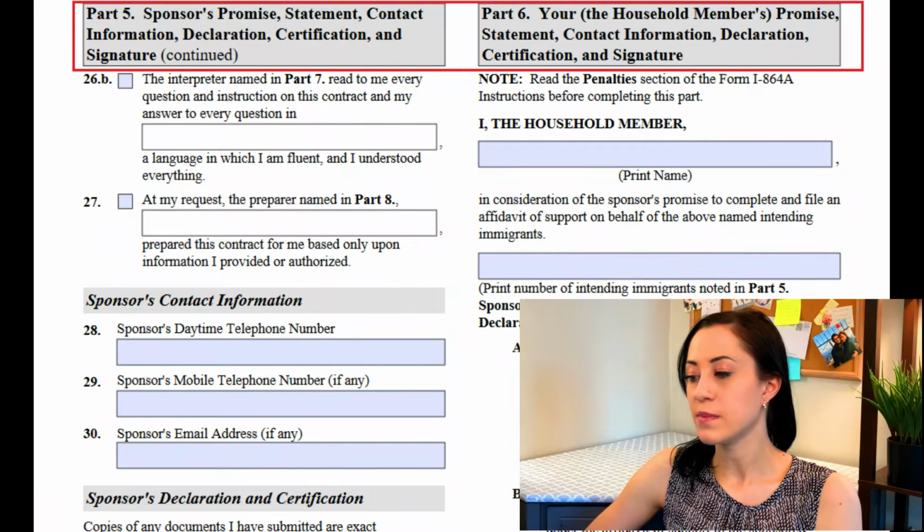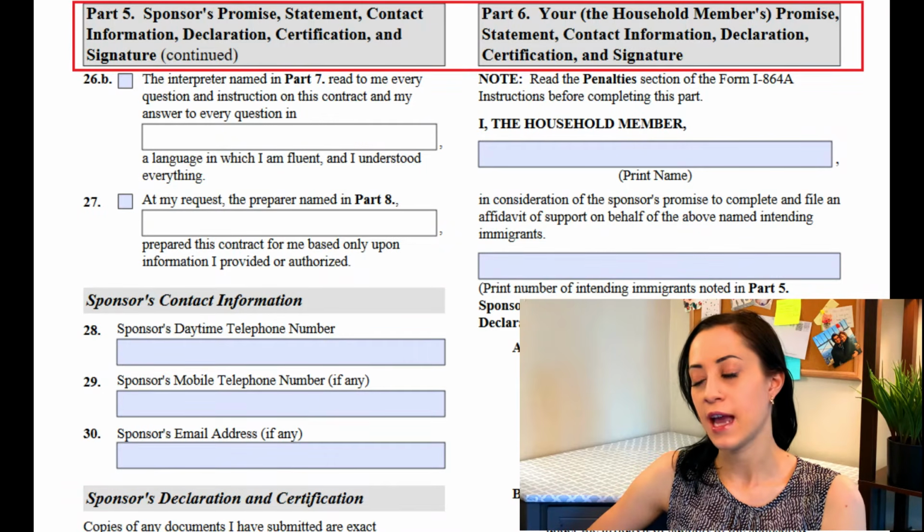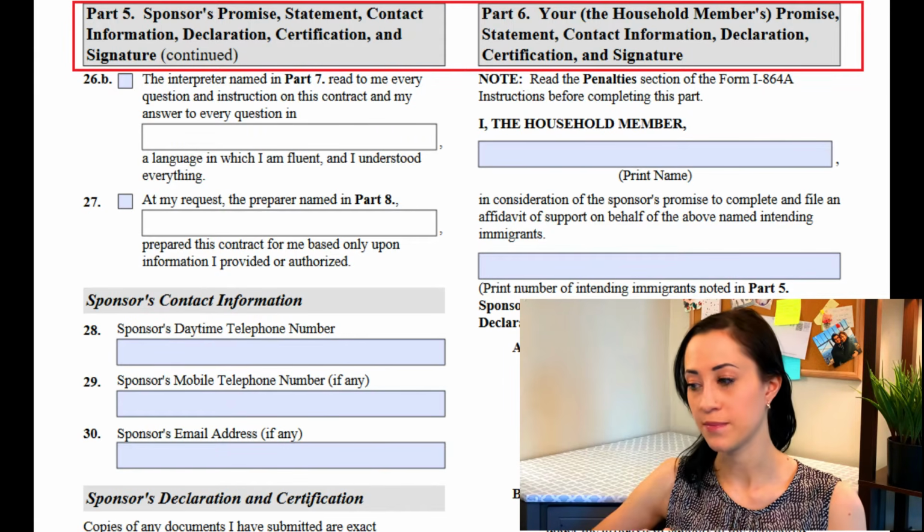Okay, and really quickly, there's not much confusion in the form I-864A. Again, I-864A will be filled out by each household member whose income or assets you are using for the purposes of sponsoring the intending immigrant. If you're not using any household members' incomes, you do not have to fill out this form. However, please make sure that you are filling out and signing all the information on I-864A correctly,